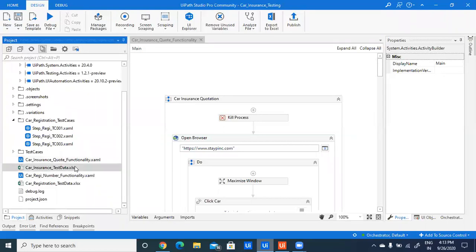I just open this test data. So here we are using multiple data. This is also known as data driven testing.